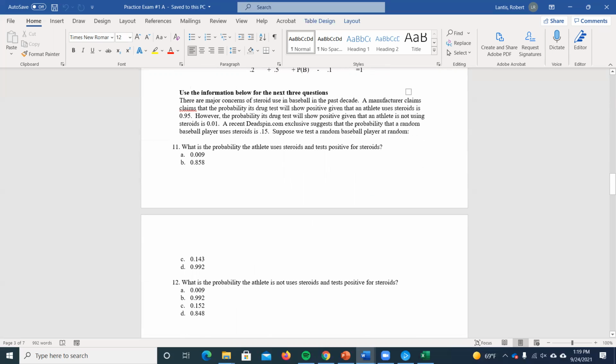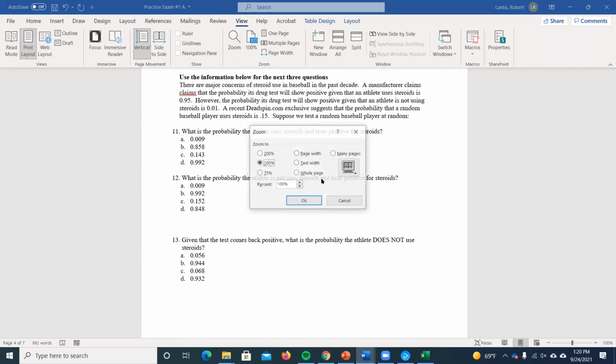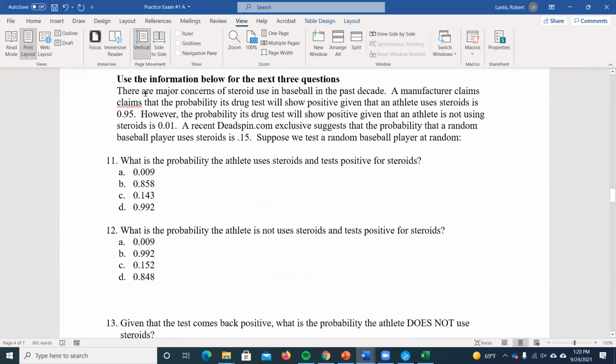So I'm going to hit enter a bunch of times here so we don't have to keep going between pages. And then going to zoom in here. And on practice exam A, since you only have that Excel file that shows you the answers, these will be some good ones for us to work through as well. So let's start out with all this information about steroid use and baseball. Major concerns: a manufacturer claims the probability its drug test will show positive, given that an athlete